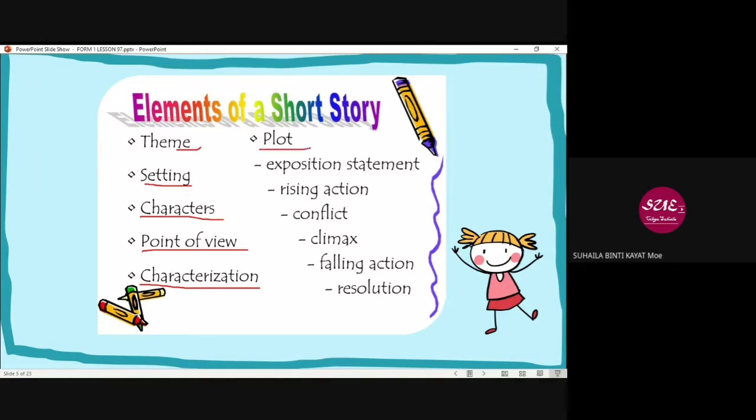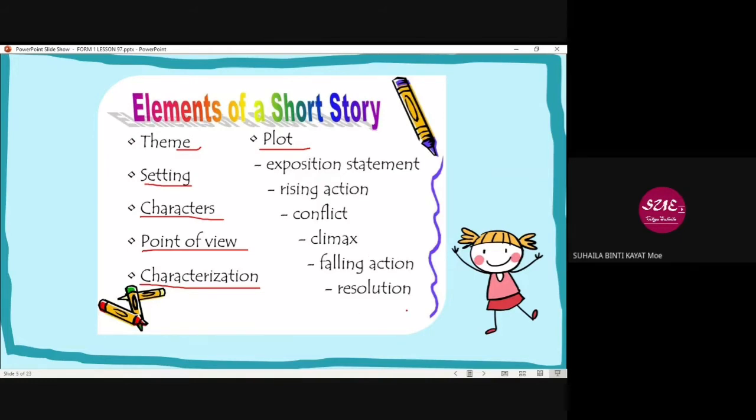Okay, and then you have the plot. In a plot, you will have exposition, rising action, conflict, climax, falling action, and resolution. This plot is used when you write a short story. It's like kalau you tengok drama ke, you baca short story, first exposition ni ialah dia macam beginning, and then dia mula naik sikit, and then the conflict, and then you have the climax of the story, and then bila dah climax, dia akan turun balik, and then resolution is the ending of the story.